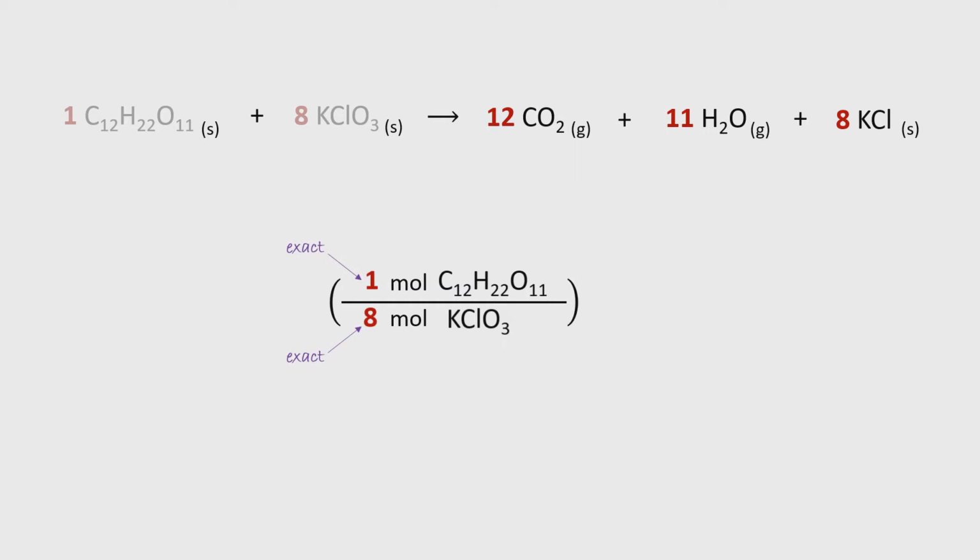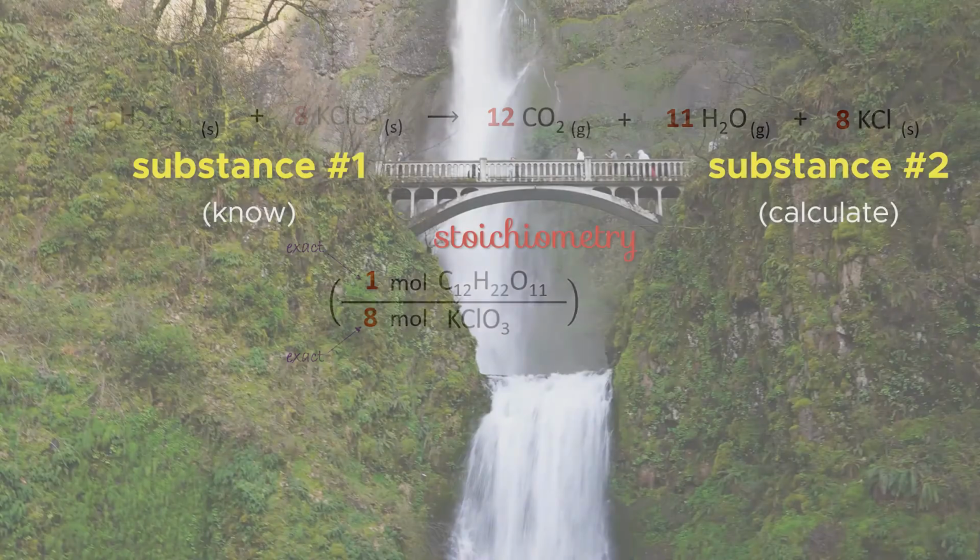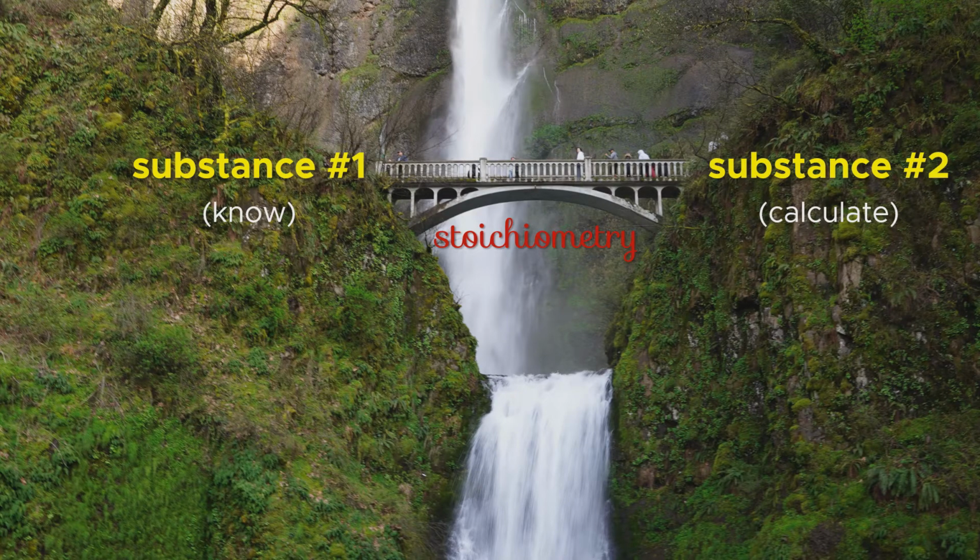How the conversion factor is positioned depends on the given information in the problem and which units and substances need to cancel. As always, we let the given information guide us. Stoichiometry serves as a bridge to connect the two sides of the problem: what we know about substance 1, grams or moles, and what we're trying to calculate for substance 2, which could be grams or moles. Stoichiometry is necessary. Without it, you cannot relate the two substances.